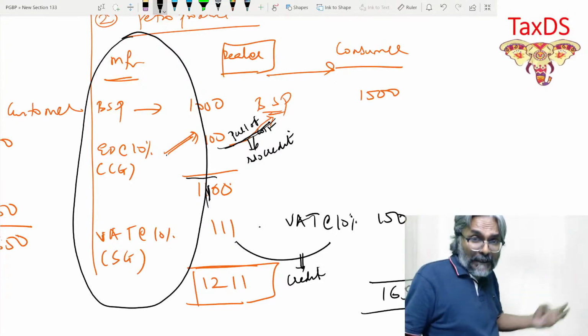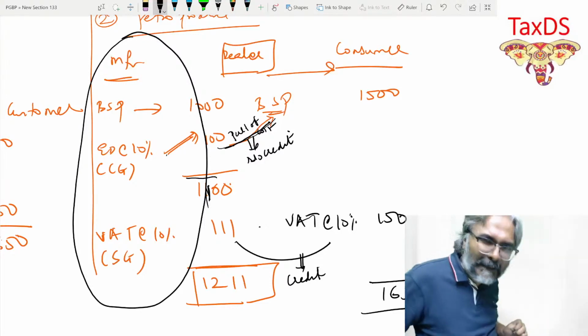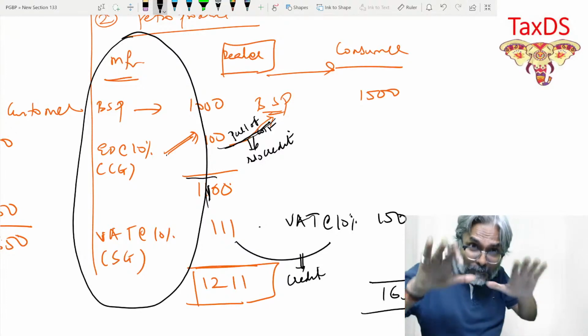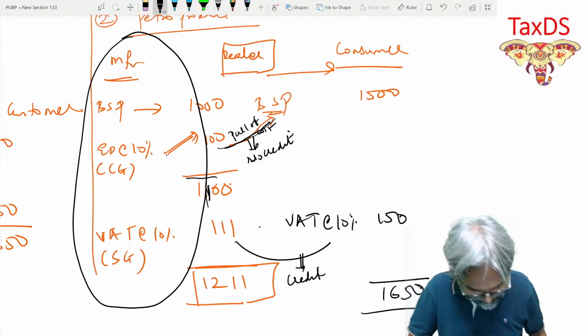So can we therefore say it is a double excise duty in this context? Sorry, there is a double cascading effect that is taking place. Can we say that or not, students? Yes. This is what is happening right now. And after this, if you are clear, students, in this context,